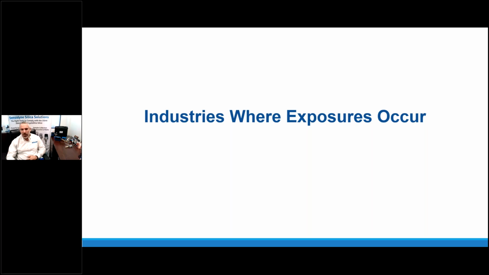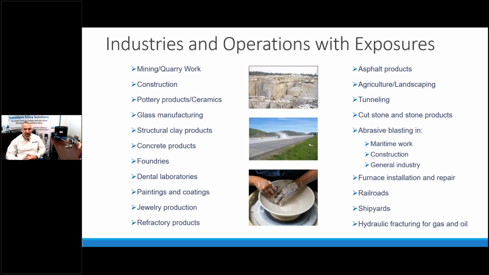So I wanted to go into a little bit more depth of specific industries where these exposures to silica commonly occur. As I mentioned, mining and quarry work, construction, pottery and ceramic work, glass manufacturing. It's commonly found in structural clay products, concrete products, foundries. And then there are other instances that might not be as well understood, like dental laboratories, certain paintings and coatings operations, jewelry production, and refractory products,